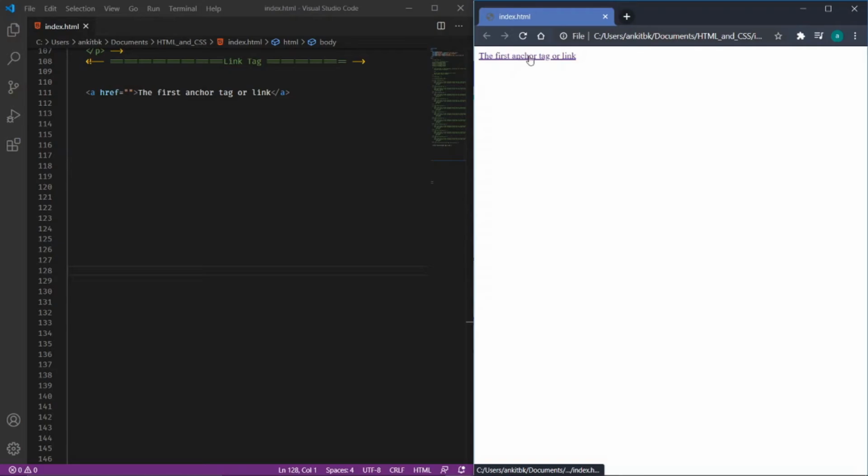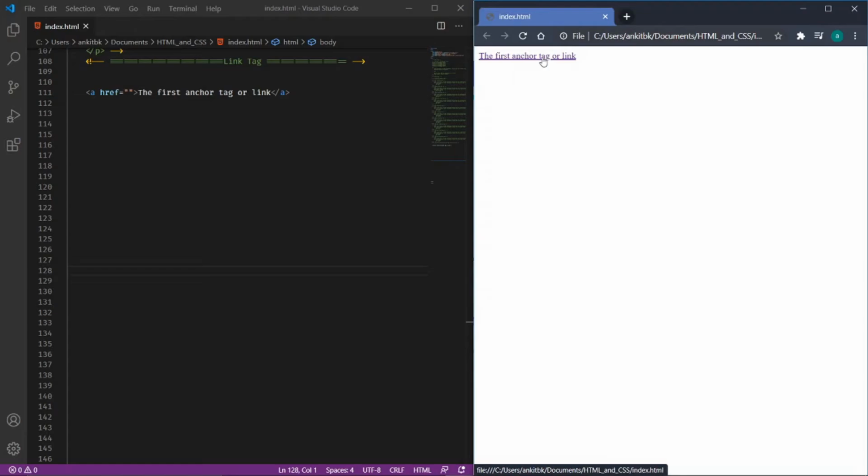So this is the first link, and anchor tags usually have a default styling with an underline. Whenever you browse to a web page or a website and you see such styling, it depicts that this is a link and we can navigate to a particular location.